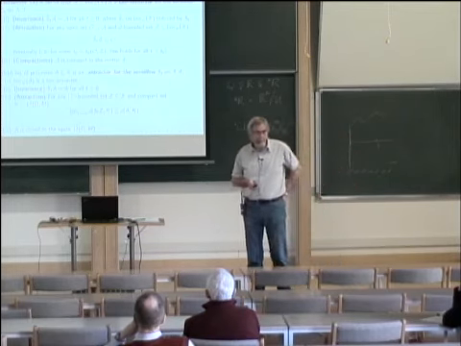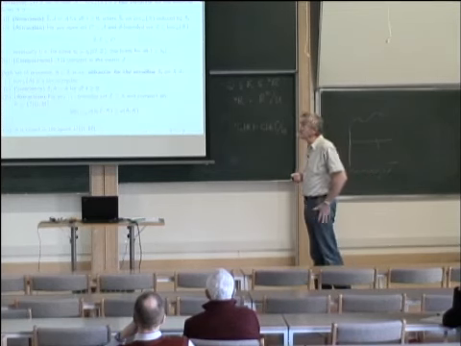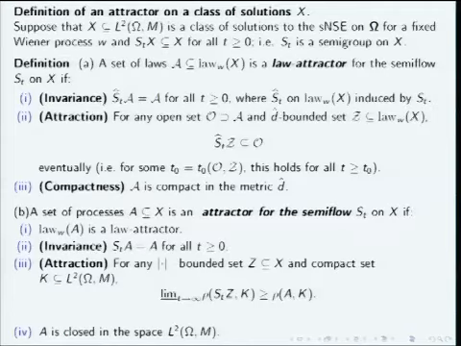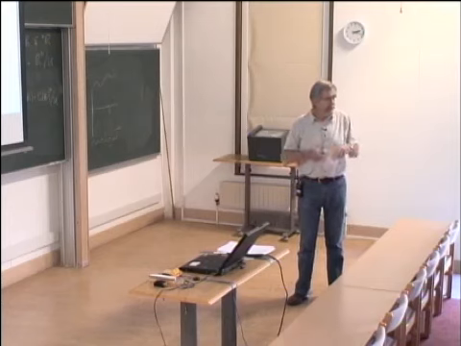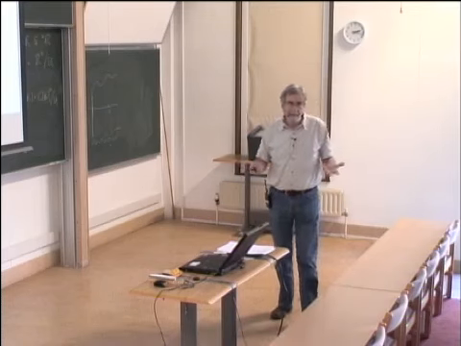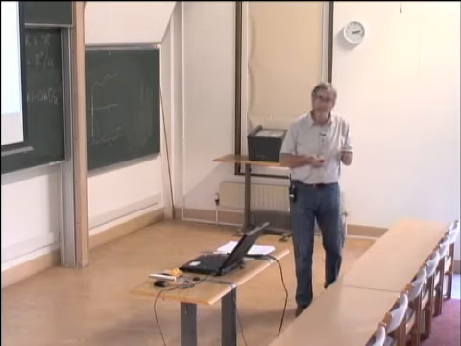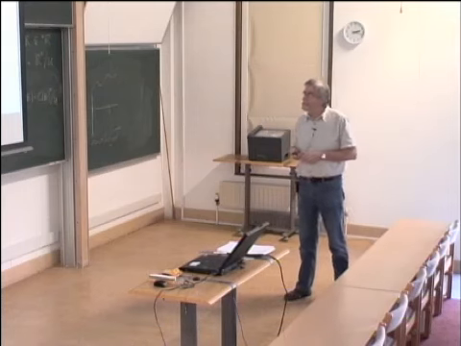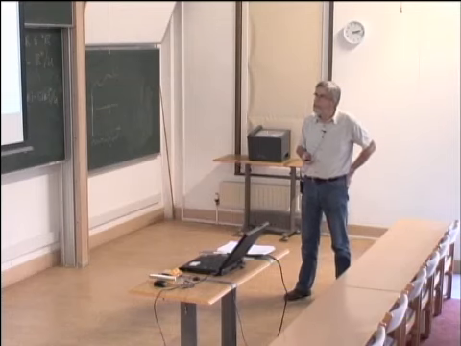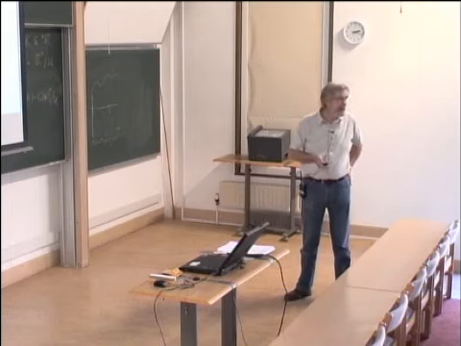But we can't get compactness. In fact, we can prove, or there's very, very strong evidence that it's not going to be ever possible to get compactness of an attractor in this sort of setting. That basically the space is going to be so large and the attractor is going to be so large that it's not going to be compact, but it's actually going to be very close to compact. So it's a bit of a hybrid definition and not entirely satisfactory, but that's what I want to work with to start with.